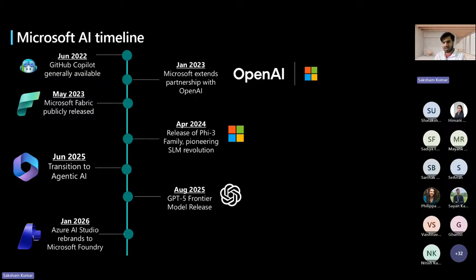So I'll just get into the Microsoft AI timeline. It started mostly in June 2022. As I was saying, it goes back to 2015, but I am just pointing out the key changing points of the timeline, which brought some revolution and change in the industry. It started in June 2022 with GitHub Copilot. If you are a VS Code user or a PyCharm user, you might know about this. Or even if you are a regular user of GitHub, GitHub chat is now available right there. GitHub Copilot, an AI-empowered pair programmer, was released to all developers.